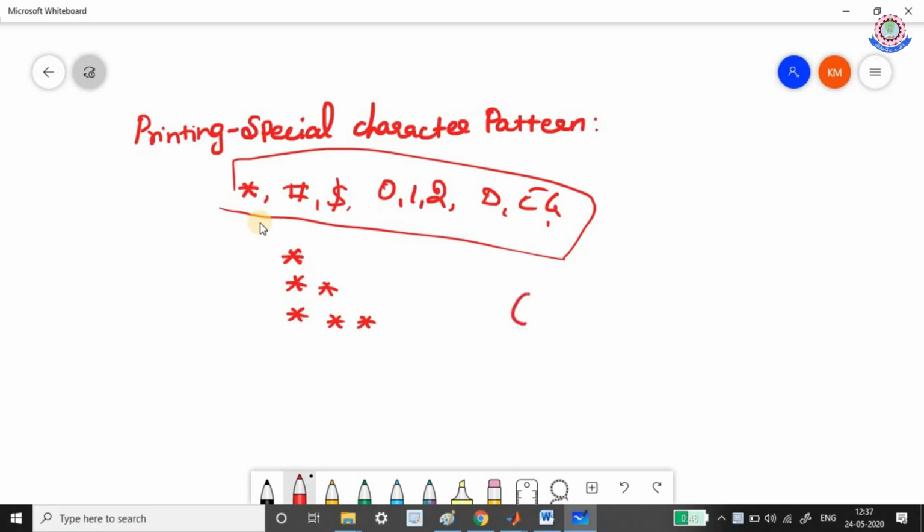So I should pass the number of lines I need, for example 8 lines, and the character which I want to print. For example, I need to print G alone, so I'll pass the G in single quotes. If I pass this input to my function, then it will give me this output: first line 1 G, then 2 G, then 3 G, then 4,